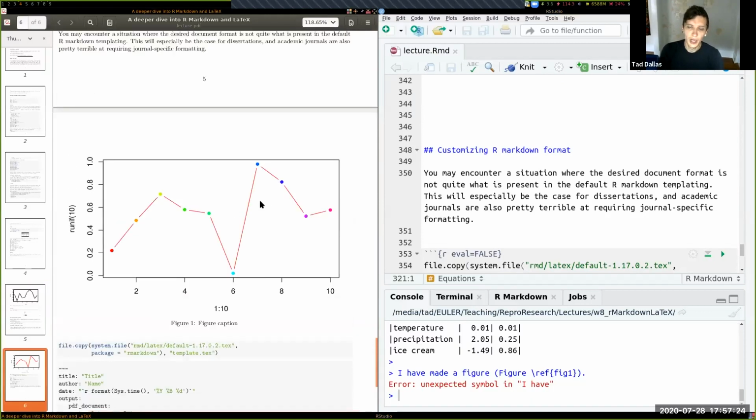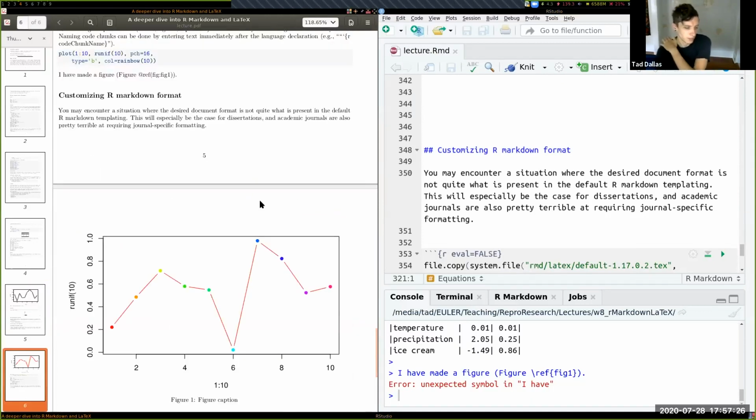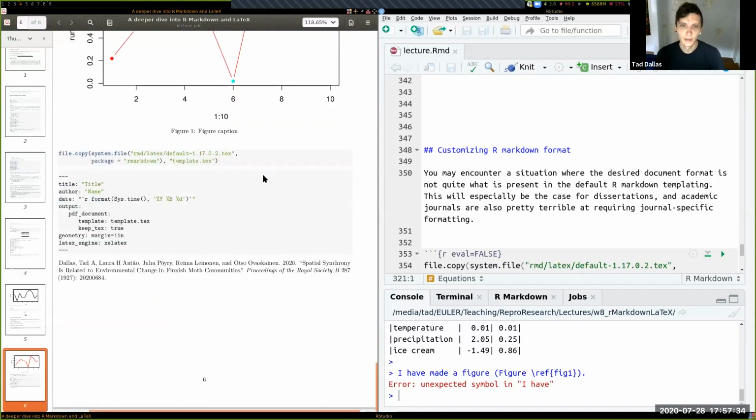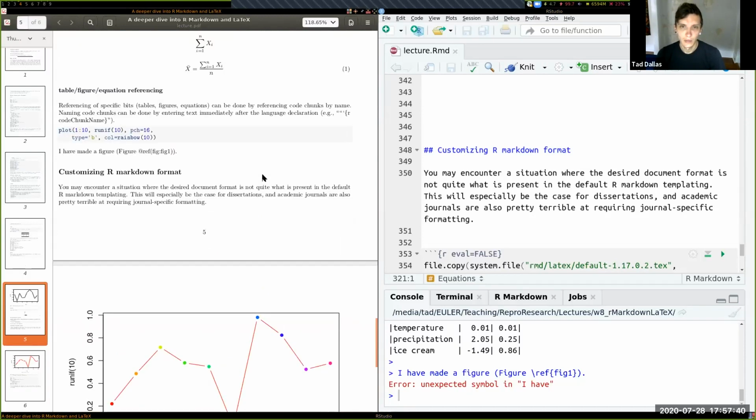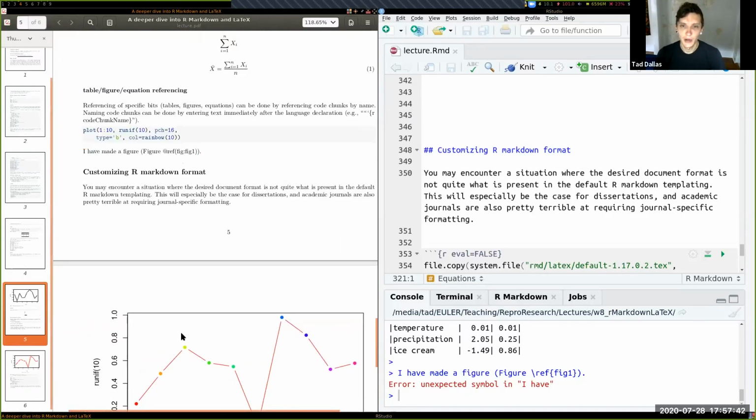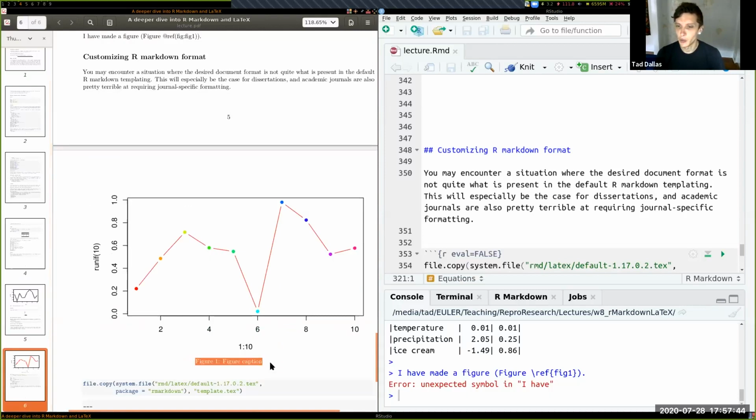All right, and so now we're going to do a little bit about the templating of R Markdown that can allow you to do some fun stuff. Okay, oh, and this is the plot from down here. And it comes with a figure caption.